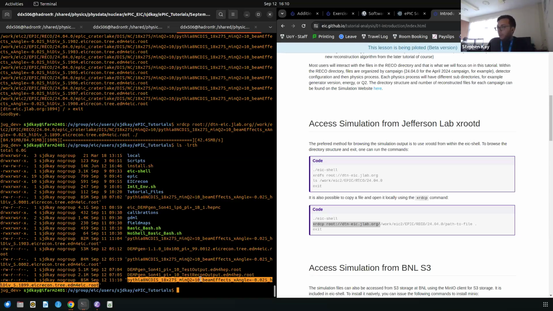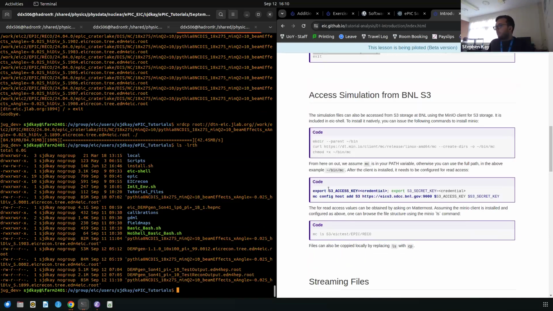So if you haven't already done so, I recommend you try and grab a file from this directory now for analysis in the next part. If you can't use xrootd, there's a different way we're going to quickly look at as well. Some setup is required for it. Luckily, I've already got this sorted, at least it was this morning. So I'm just going to do this final command here. Again,